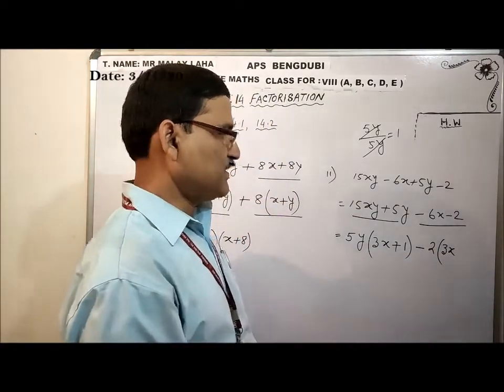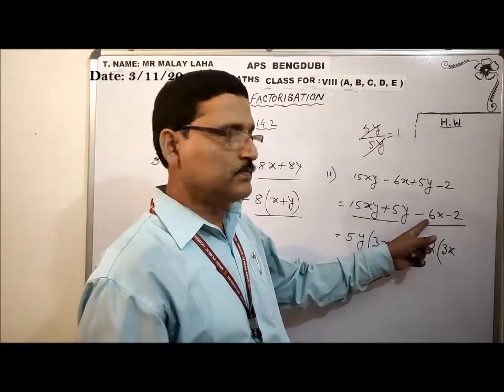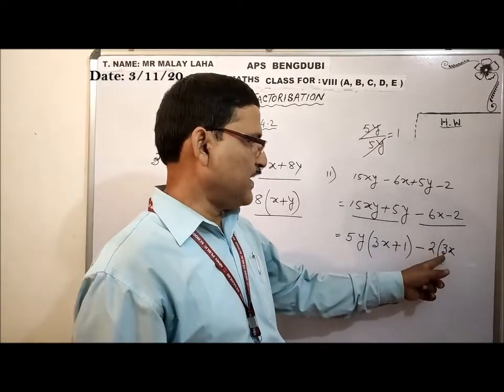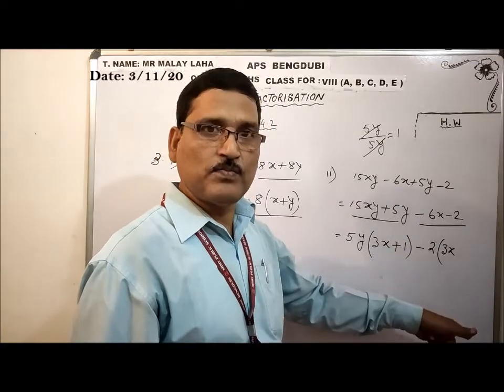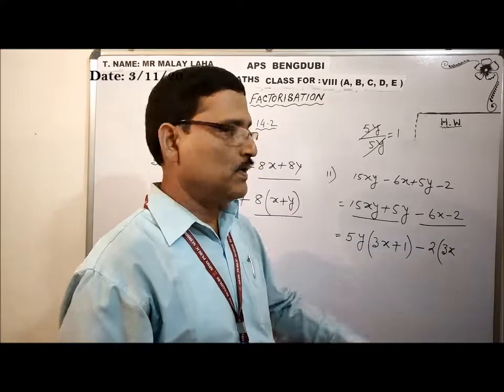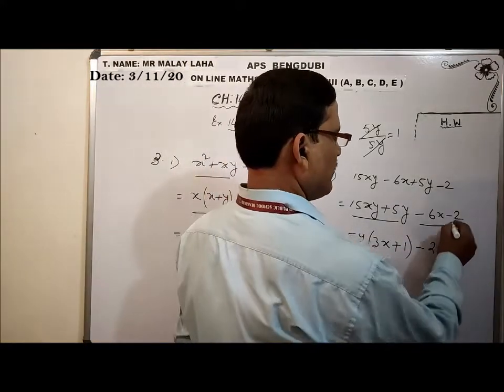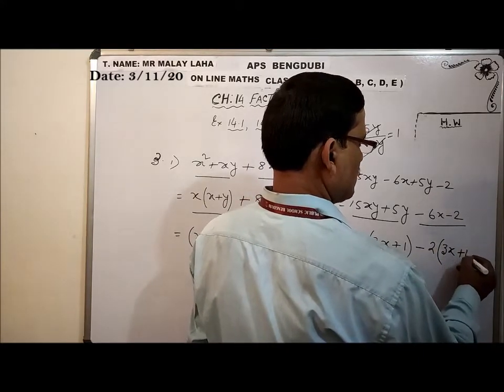Okay. Now change the sign. You see, 6y is what type of term? Negative. Now 3x is what type of term? Positive. That means negative is converted into positive. Then this negative must also be converted into positive. So 2 divided by 2, minus 2 divided, will be plus 1.